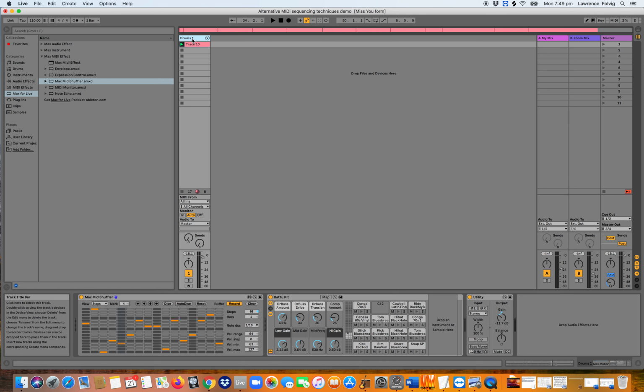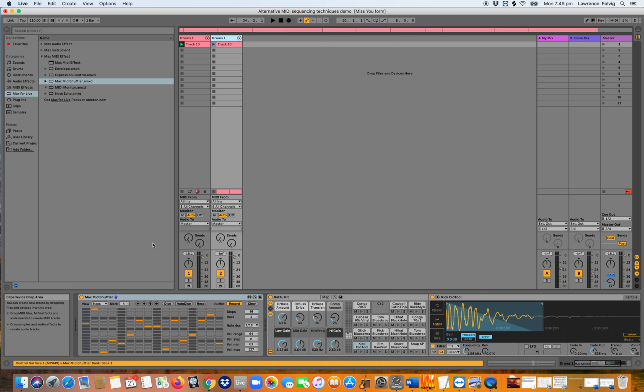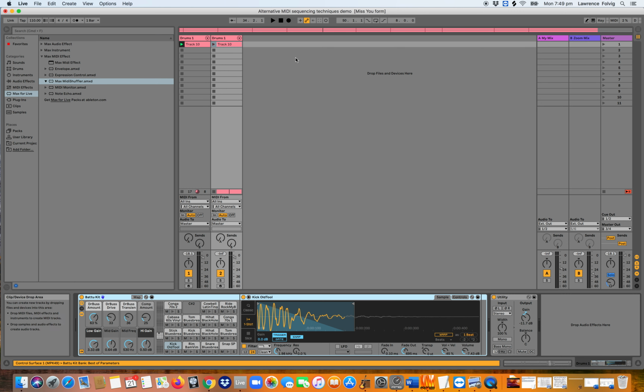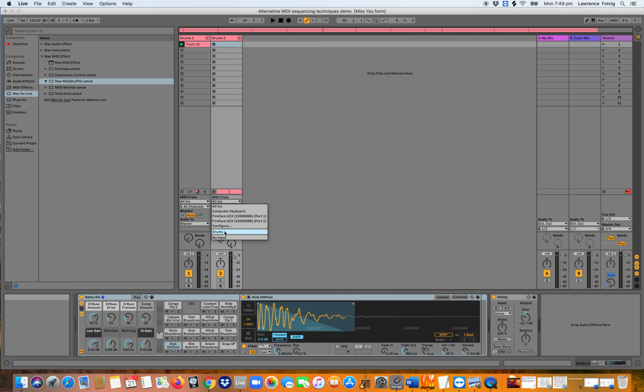So what I'm going to do is create another version of this track. I'm going to get rid of the shuffler on the second one. Oops, by deleting it. And so now we have 2 different tracks that have the same instrument on them. I'm going to rename that one Drums 2. And I'm going to select the MIDI in on this Drums 2 track, the new one, from Drums 1. So I'm going to capture the MIDI that this has created. I'm going to record enable. And now if I press record here on the clip slot,